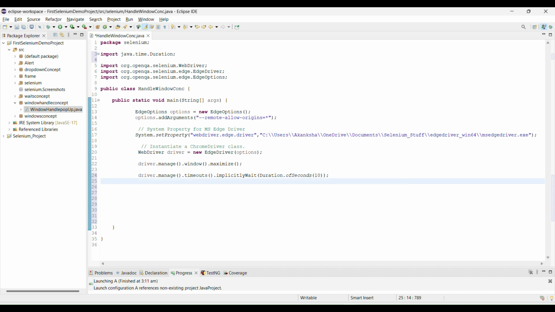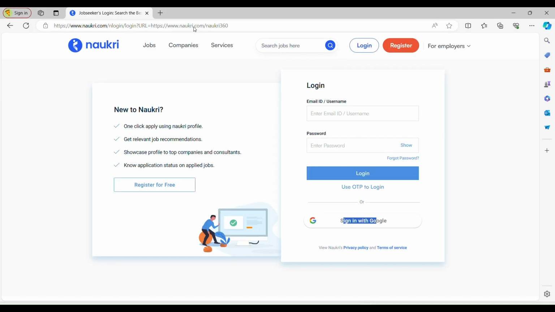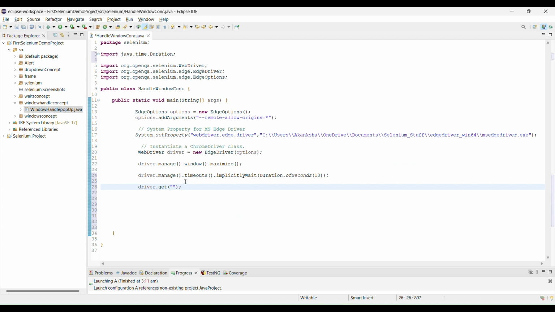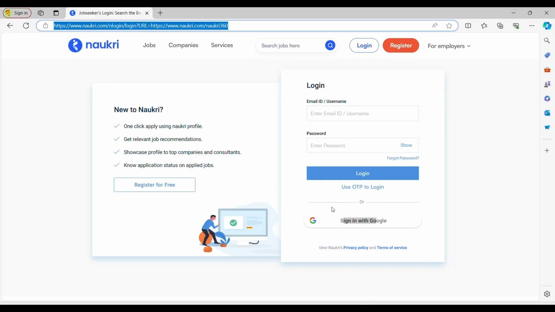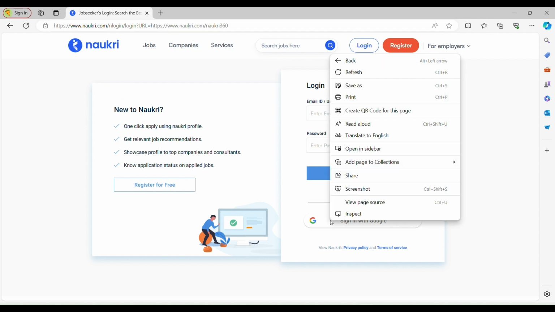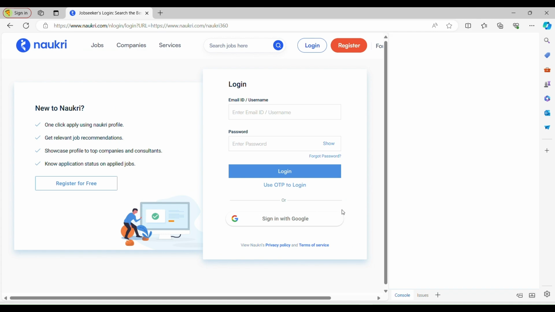After that I'm going to launch my website. How are we going to launch it? Simply, I am going to use the driver.get method, and under this we provide the URL as a string. So just add double quotes and then copy the website link URL. I'm going to copy this URL and paste it inside the get method. So now we are done with this part. The second task is I want to click this button first. How are you going to click? Simple, inspect this and see.